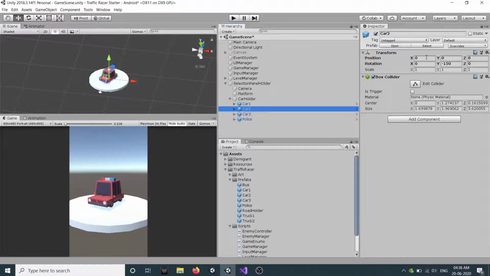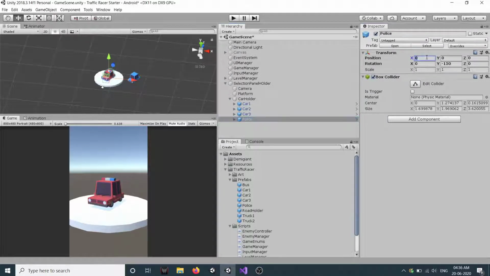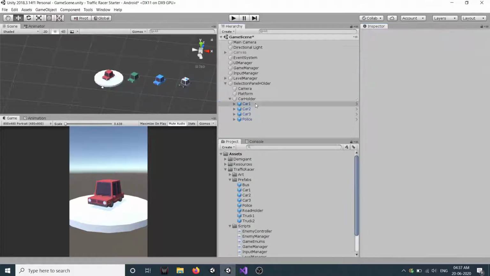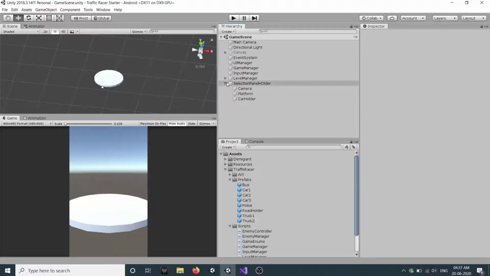So let's set car 2 to be, let's say, 8, car 3 will be 16, and car 4 will be 8 into 3, 24. So we are going to keep a difference of 8 in the position, right?